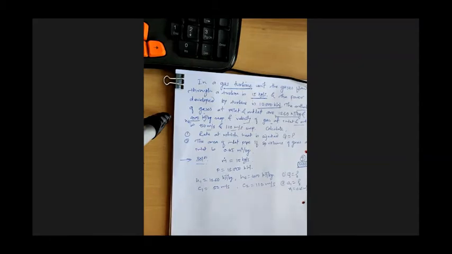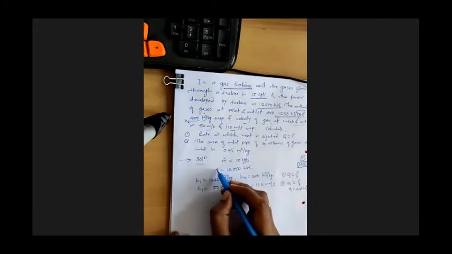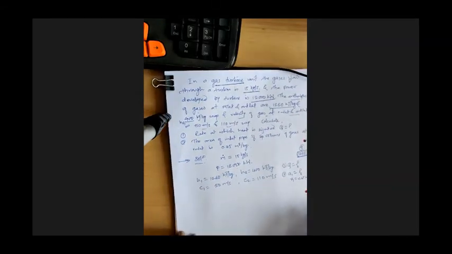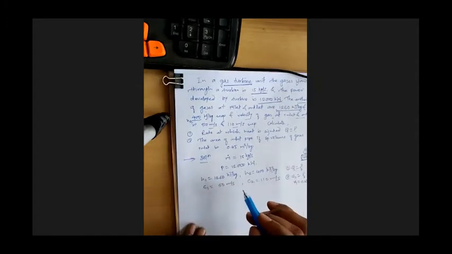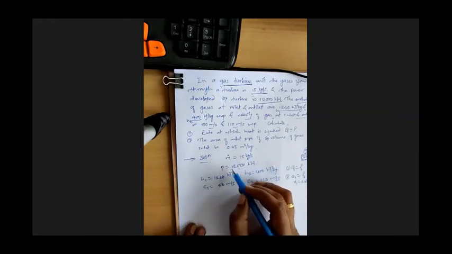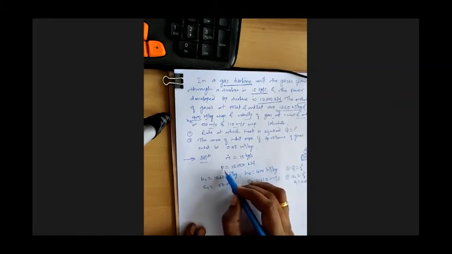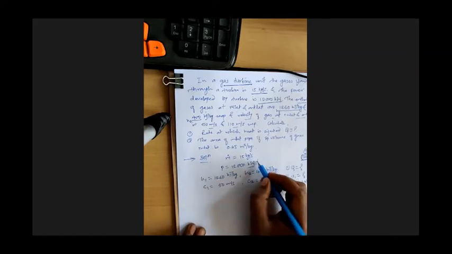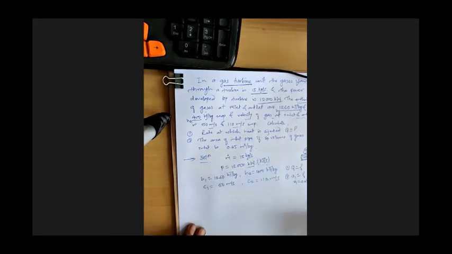Now we need to solve the numerical. Before that, as I said, this power has to be converted into something else. So what is that something else? You need to remember this thing. For all the numericals, this conversion is going to be there. Whenever either heat transfer rate or work transfer rate is given in terms of kilowatt, kilowatt is nothing but kilojoules per second, right? Watt is joules per second, and kilowatt is kilojoules per second.